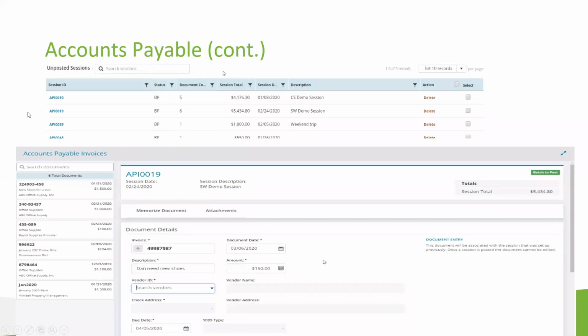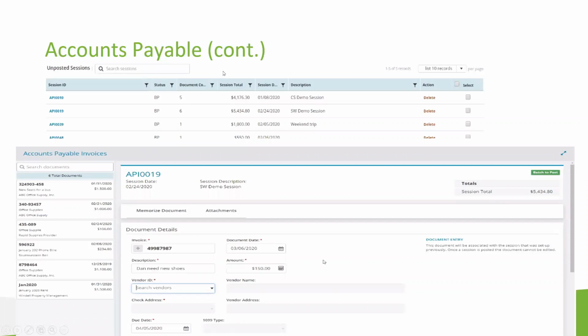One thing you can't see here is that by typing in the first few letters of the vendor ID, right here, I was greeted by a list of possible matches. If I find my vendor on that list, I can select it, and the remaining fields that I need to populate will auto-populate with that vendor's information. So address, 1099 checkboxes, things like that, and it'll all auto-populate.